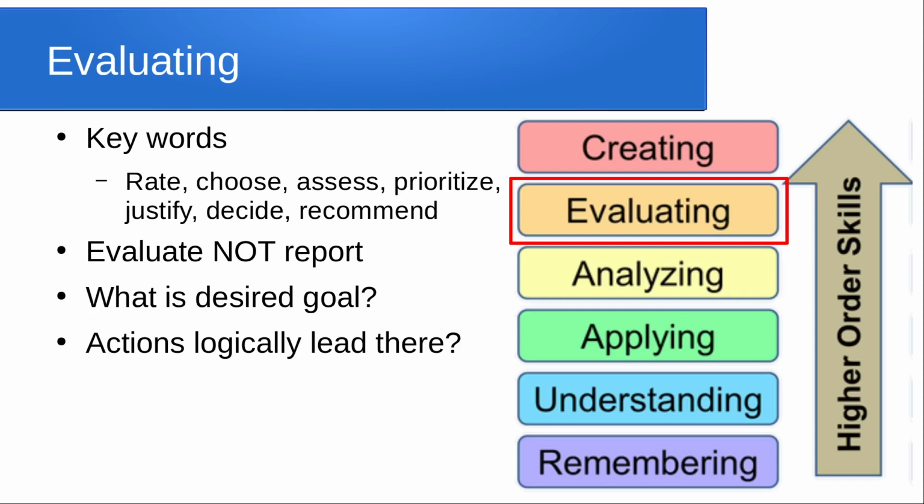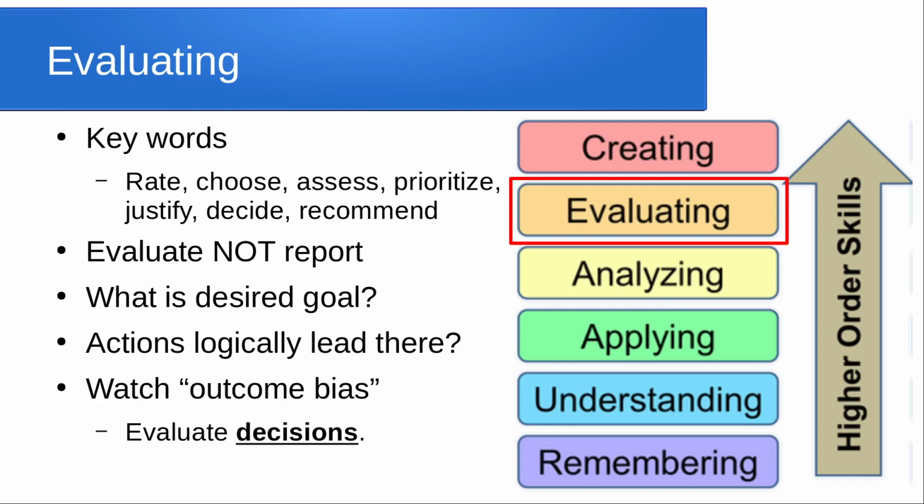We need to make sure that whatever actions the organization is taking, those actions logically lead to the goal. For example, students going out partying all the time, does that lead to the goal? Well, it depends on what their goal is. If their goal is to make memories that they can look back on, maybe yes. If their goal is to get higher grades, maybe no. If their goal is to make more friends, yes, but they are going to make friends that like to go out and party all the time, not friends that like to perform better academically. So we need to make sure what the goal is, and whether these are going in the right direction.